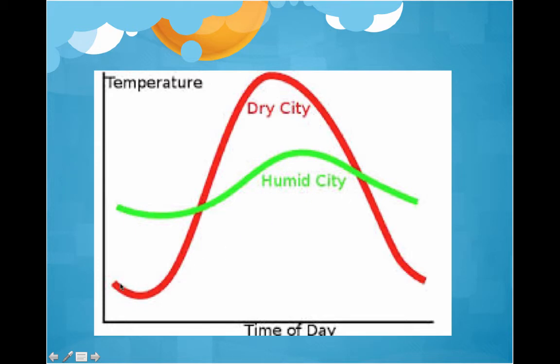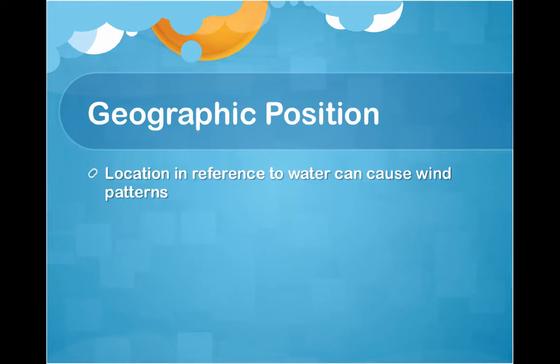The reason behind this again is that land absorbs heat really fast, but good absorbers are also good emitters, so as it absorbs heat, it's going to lose it at nighttime. The geographic position or setting can also greatly impact the temperatures of an area and cause weather patterns based on